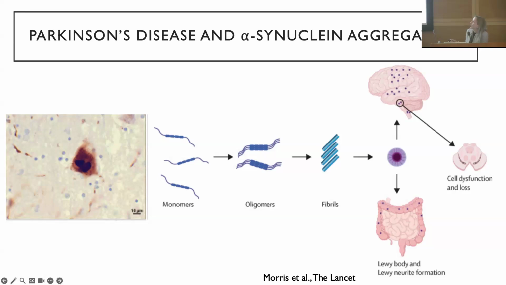And for reasons that are not well understood, all of a sudden these proteins start to stick together and form oligomers, which then organize into fibrils and deposit into the cortex in the brain, the substantia nigra in the midbrain, and other organs, particularly in the gut. And then you get neurodegeneration as a result of this, as well as the other symptoms and signs of Parkinson's disease.